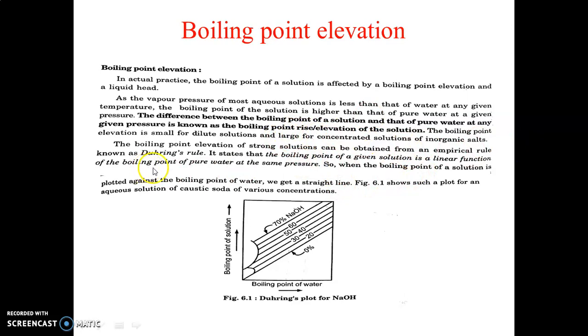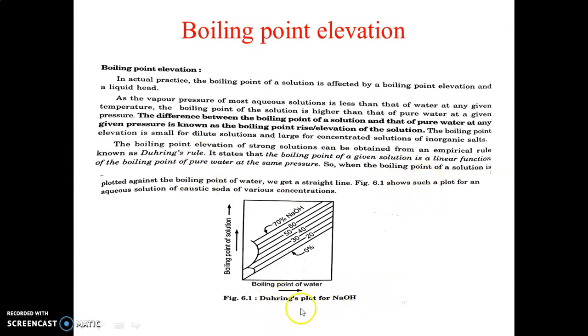So there is a rule that is known as Duhring's rule. According to Duhring's rule, the boiling point of a given solution is a linear function of the boiling point of pure water at the same pressure. So if we plot the graph between the boiling point of the solution and the boiling point of the water, we get a linear, straight-line graph for different concentrations,